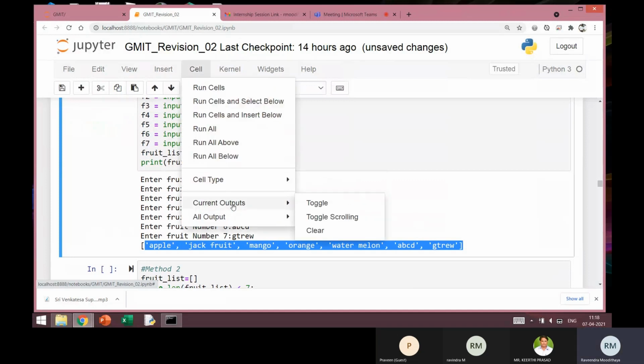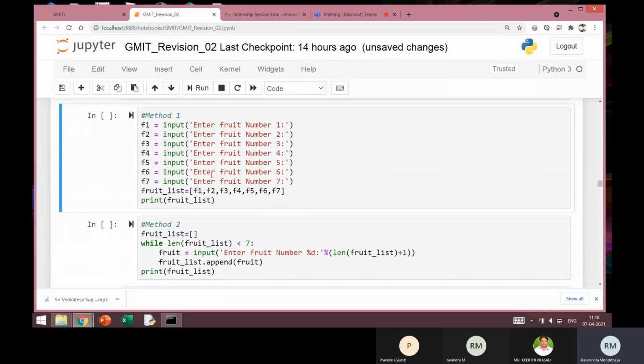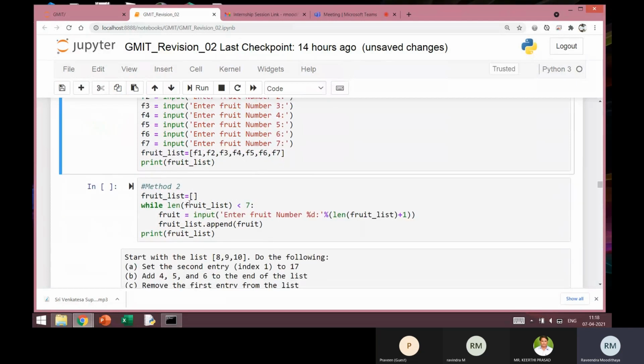Okay. So recall that in Jupyter Notebook, I can clear the output. Now another easy way to do this is by writing this input statement only once, and executing it 7 times by putting it inside a while loop. Okay. So a simple trick here is I will initialize the fruit list with an empty list.